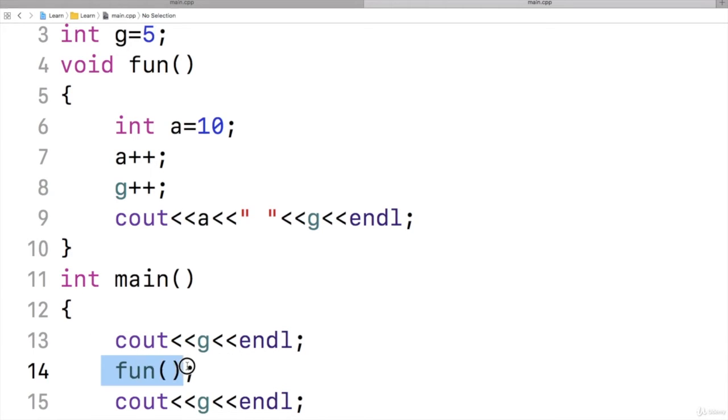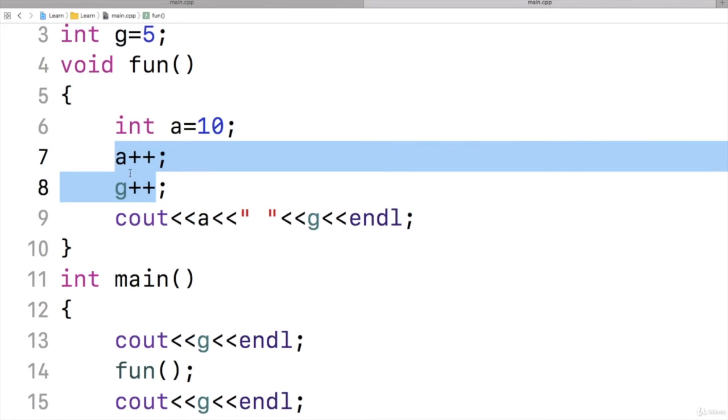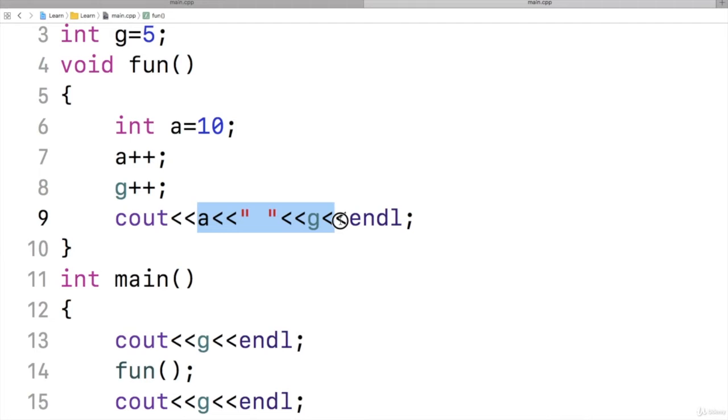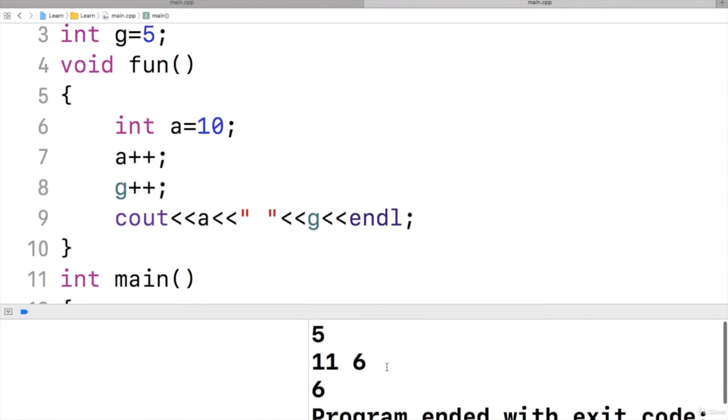Then it will call the function fun. Function fun will have variable a and g. A is increased and g is increased. It should print 11 and 6. Then when the function returns back to the main function, it should display 6. Let us see what results we get. We should get 5, then 11, 6, and then again 6. Yeah. First the value from the main function, then the values printed from function fun, then again the value